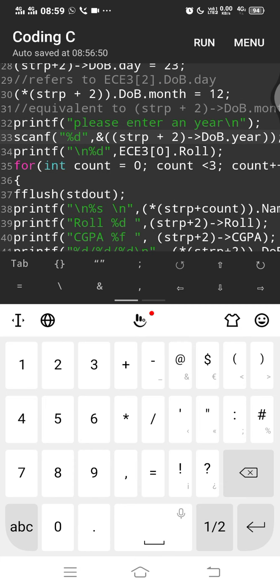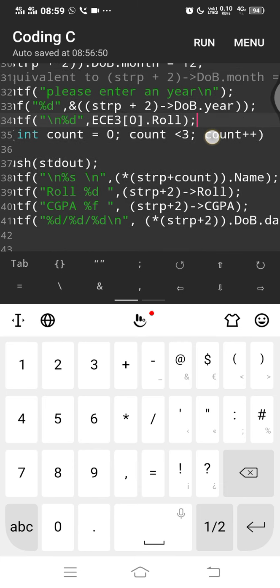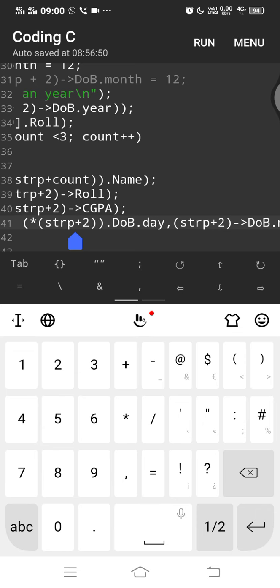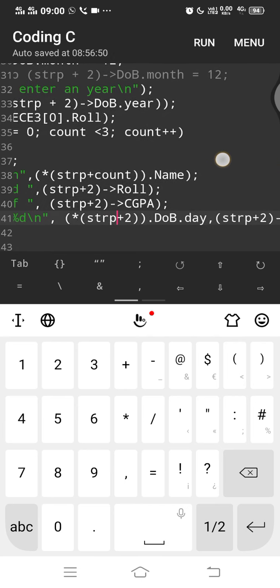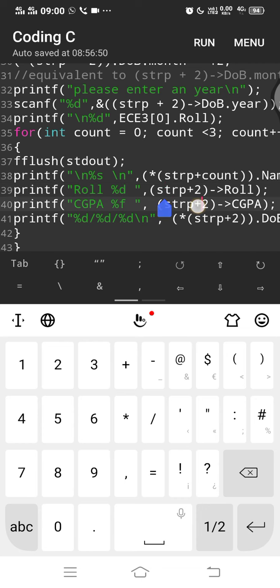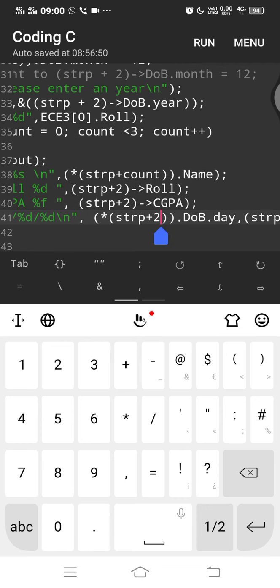And just to see that we are okay, I'm printing out the roll numbers here, and then look at this: count equals 0, count less than 3, count plus plus. I'm using this notation alternatively so that you can understand. This is the same as this, which is the same as this, which is the same as this, notation wise. So I'm printing the name, roll number, CGPA, etc. So when I run it,